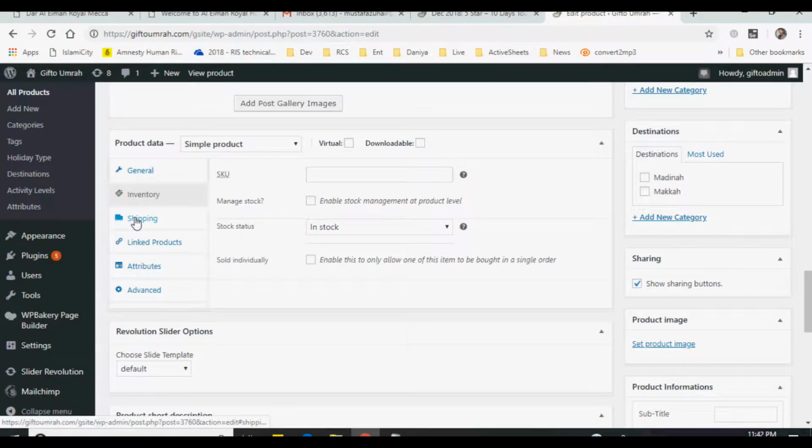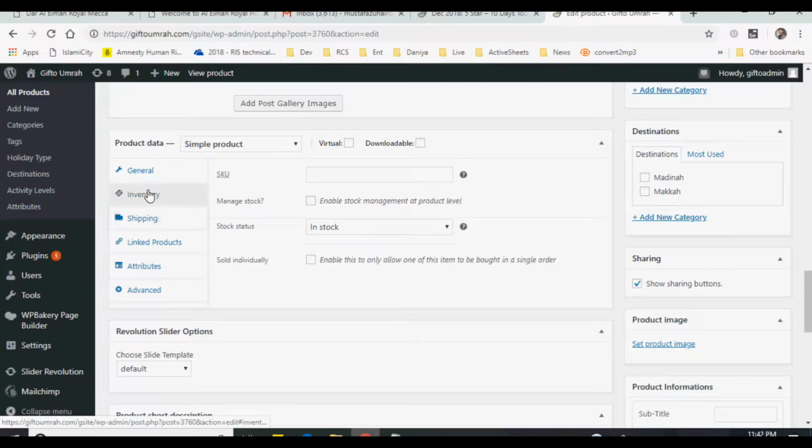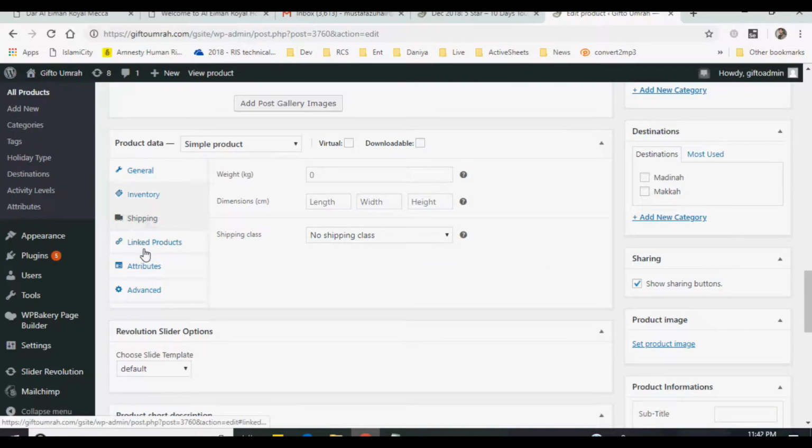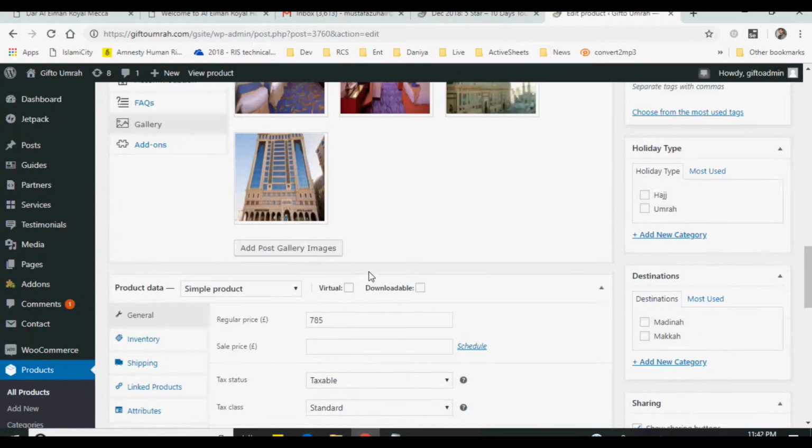And the rest of the things, inventory: since this is not a physical product, you don't need to maintain inventory and stuff like that. Shipping, you can ignore all this. So this is basically the product data. Now let's scroll up